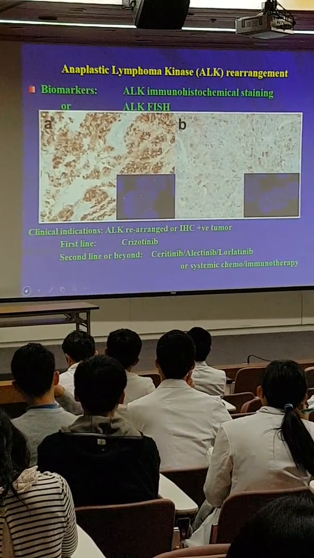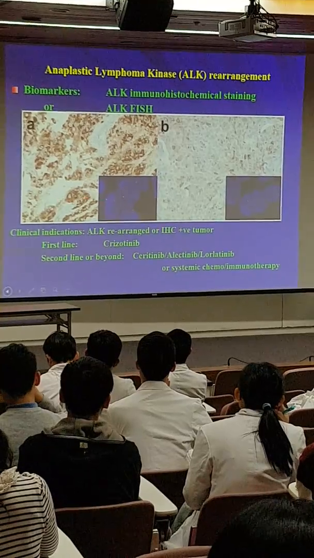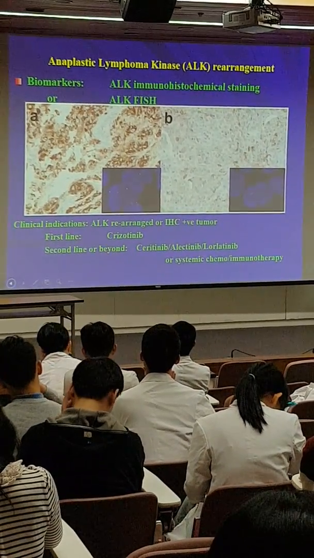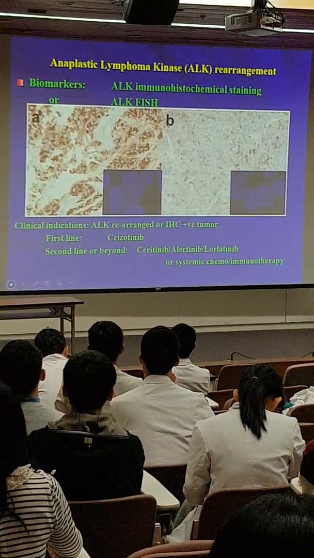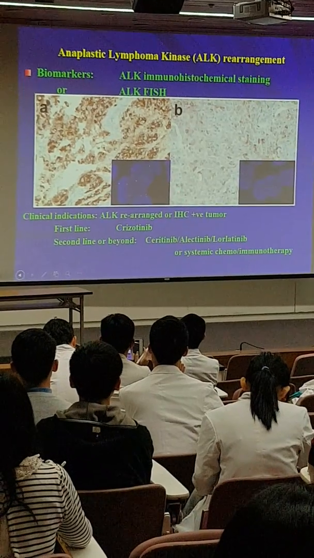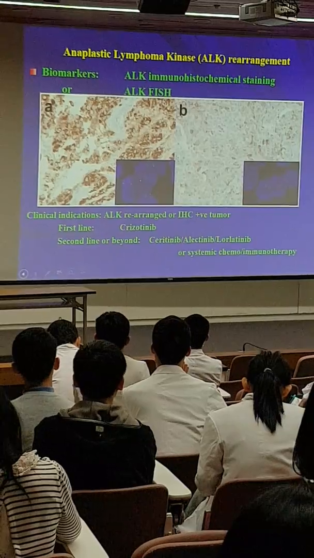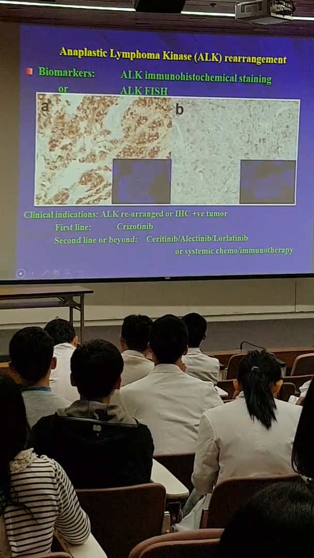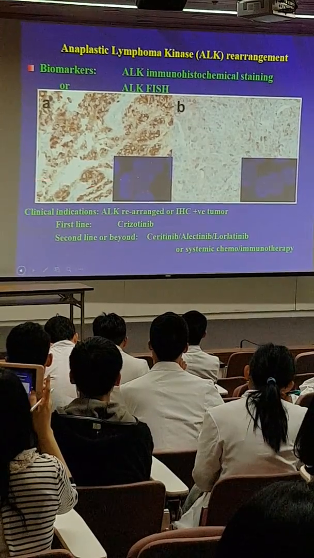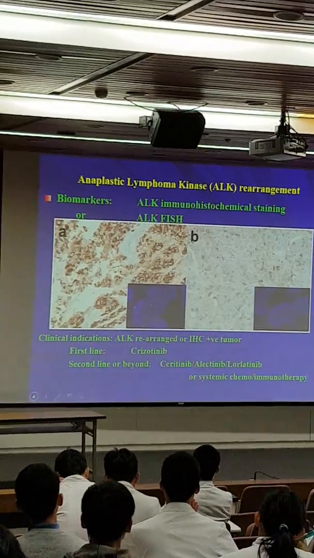Section of ALK with separation of the green and the red probe, indicating the gene has been separated and translocated on the chromosome. But the scoring of this is difficult. Remember, the cells are three-dimensional structures, and the chromosomes are not spread on a flat surface for you to detect. So a lot of the times, the chromosomes are not spread smoothly on the slide